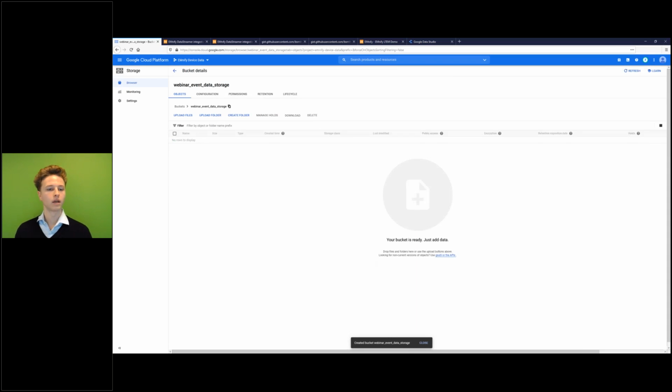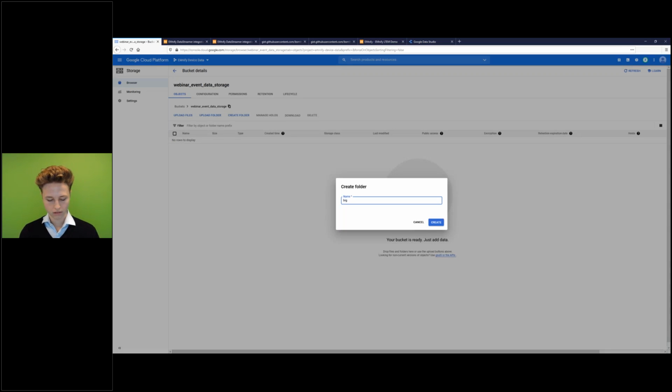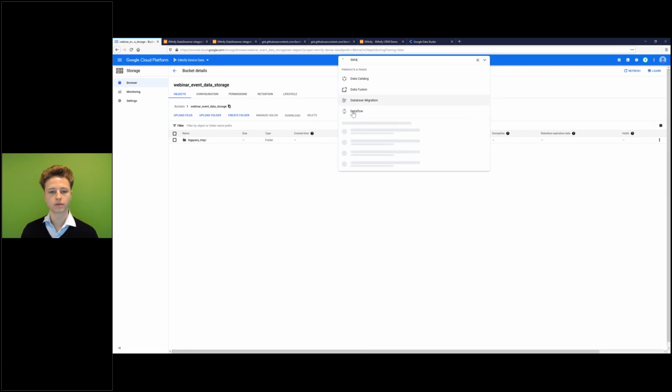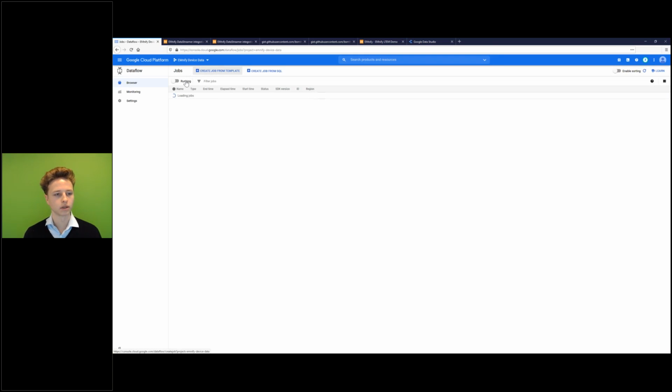Okay, that was successful. Now we need to create a temporary folder. A folder for temporary files. I will name it again BigQuery temp. Okay, looks good. Now we will head over to data flow. Same procedure as with usage data. We will click